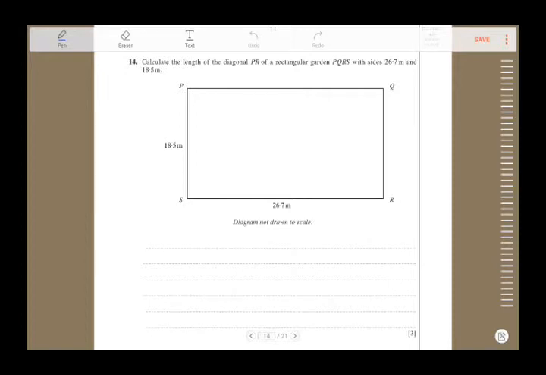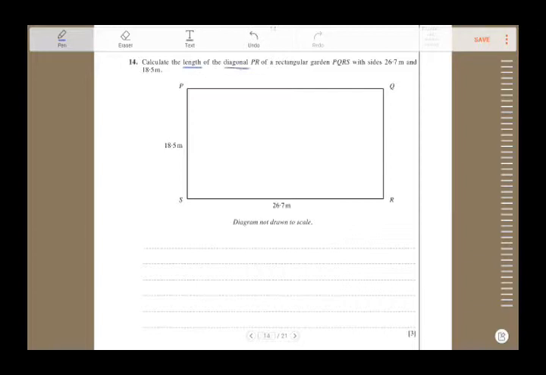Okay, this is question 14 from GCSE Intermediate Unit 2, paper from November 2005. Okay, let's have a look at this. So at first glance we've got a rectangle and they give us the length and width, 26.7, 18.5. Well, I'm starting to think, it could be area, could be perimeter. Let's see. Calculate the length